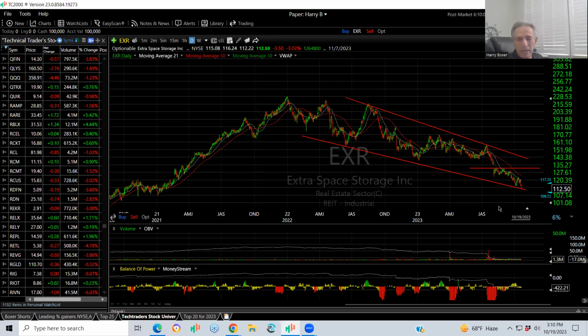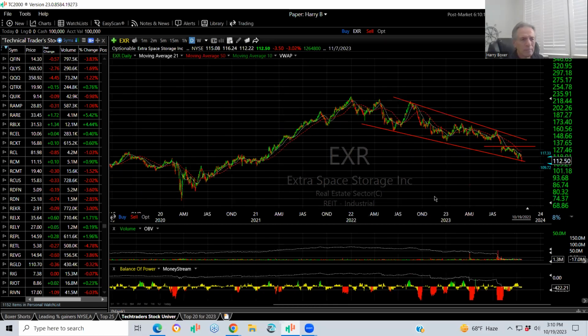Does it look cheap? And does it look like it could bounce? Yes, I think it might bounce from this range into the 130 range, but I would call it a short-term trade only, and I would put a tight stop on it as well. I would not let this stock get any lower than that right there, because then it could spike down to like 100, 103 and lose another 10 points on you real quick.